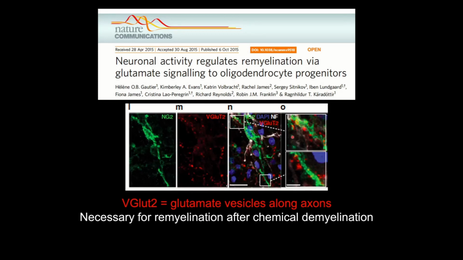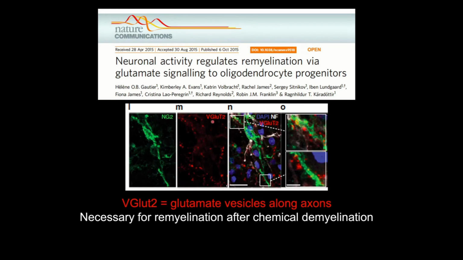showing that axons can regulate their myelination by releasing glutamate. And so axons actually do not only release glutamate at the terminals, they actually release glutamate along their axon bodies as well. And this occurs typically on axons that are not myelinated. And interestingly, axons that are not myelinated tend to have these OPCs putting processes right along these axons. And the OPC processes abut to axons where there's V-GLUT2 expression.